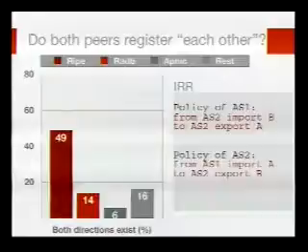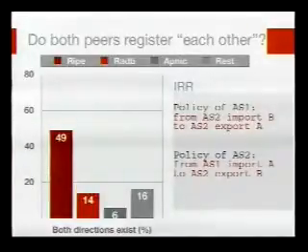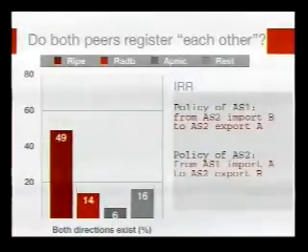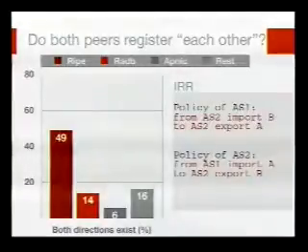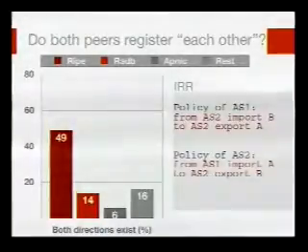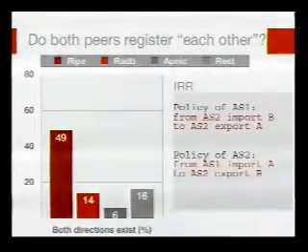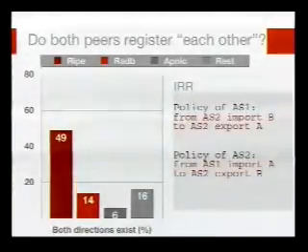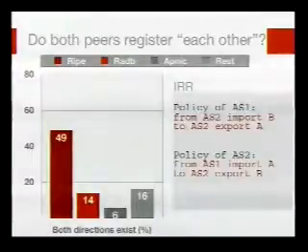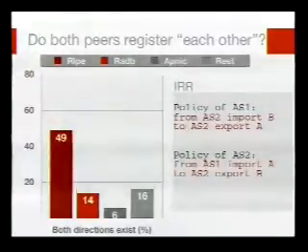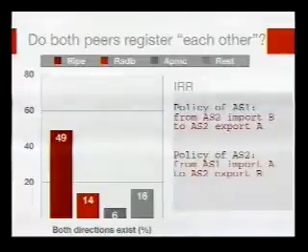So the first test we can check is whether both peers register each other. In this simple example, we have the policy of AS1. AS1 registers that it has a link with AS2. What we want to find out is, if we have a registration for a link between AS1 and AS2, do we have the reverse direction?